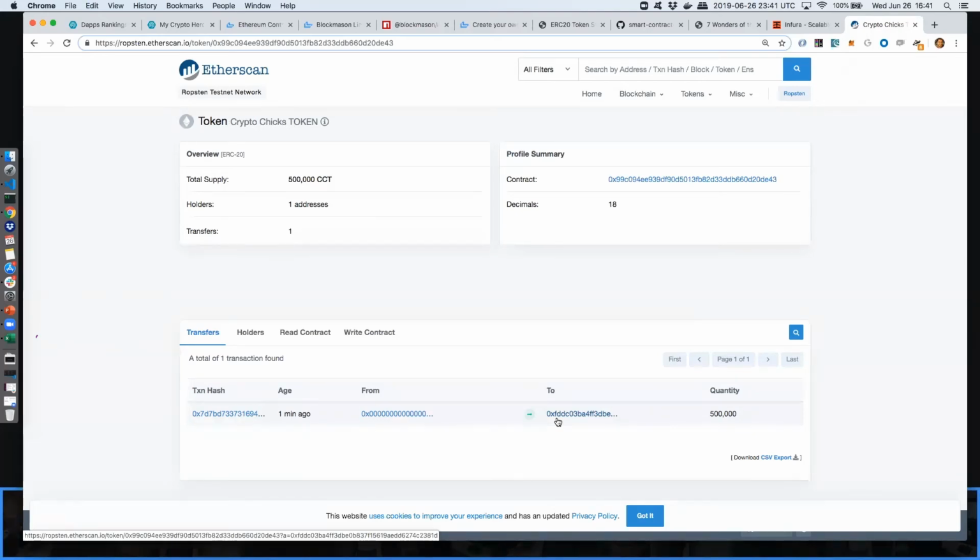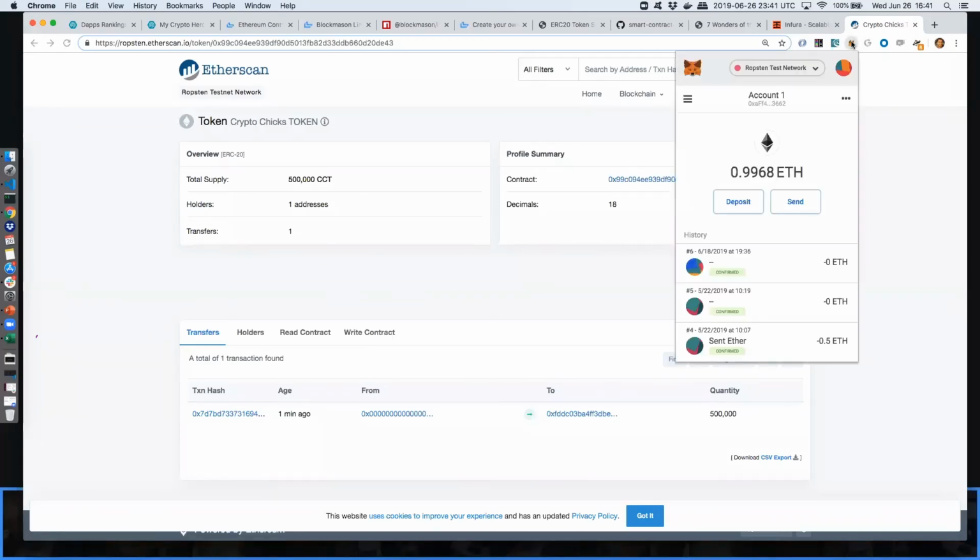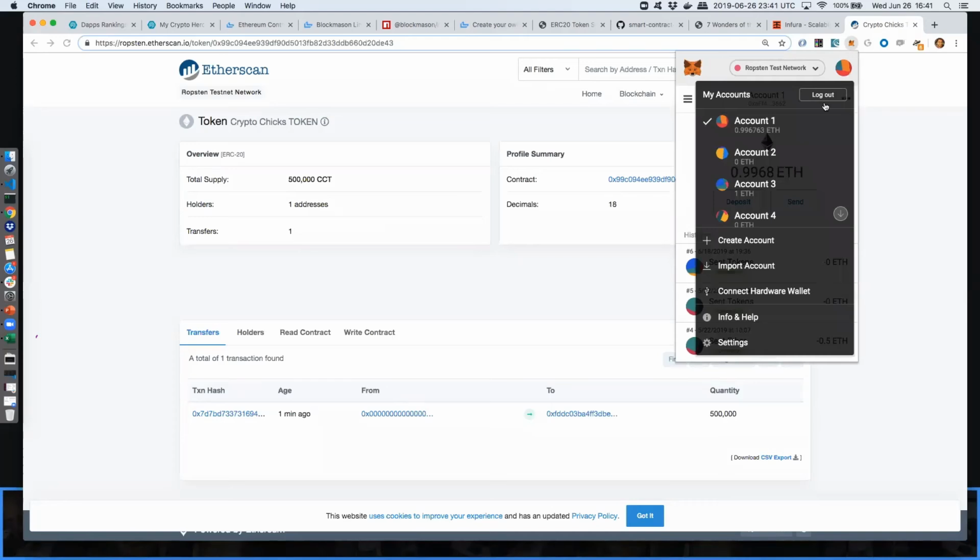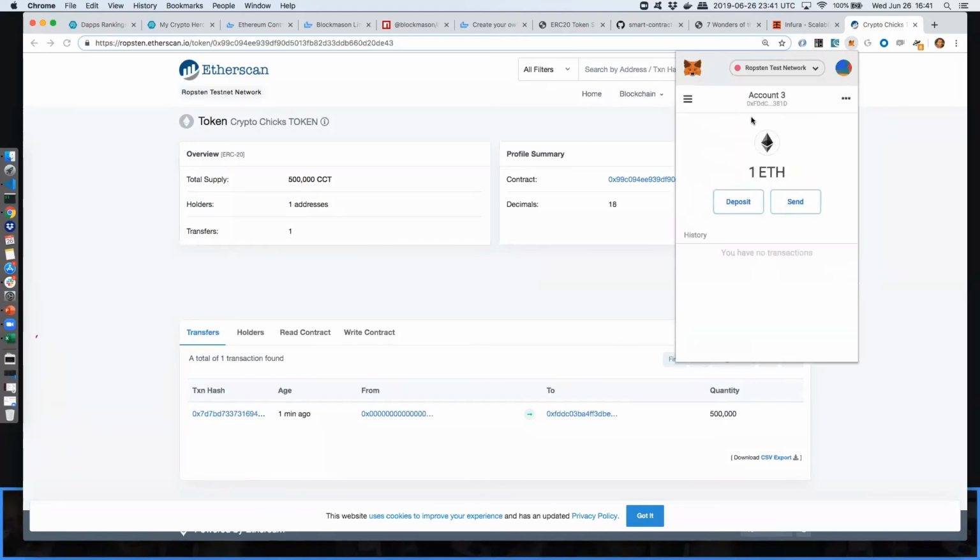The last thing I'll do is add this into my MetaMask wallet. I just need to copy the contract address, so MetaMask knows what contract I'm using. Just make sure you're also on the Ropsten test network. And the address that I used was actually this account here. So right now,